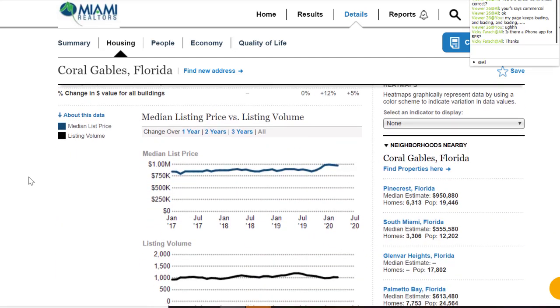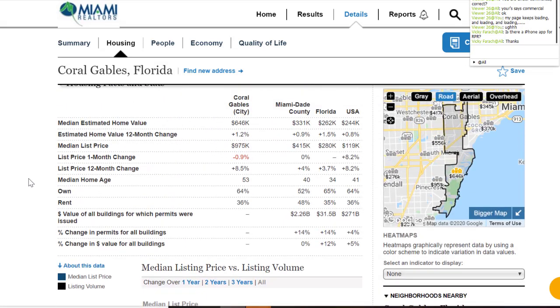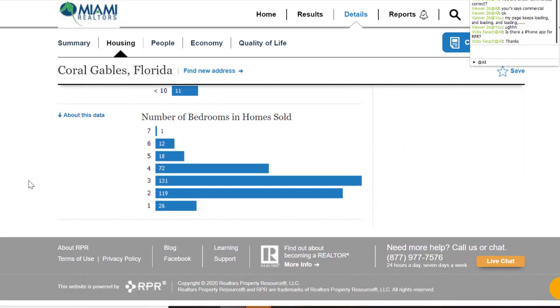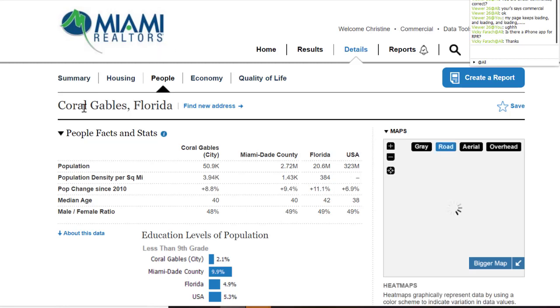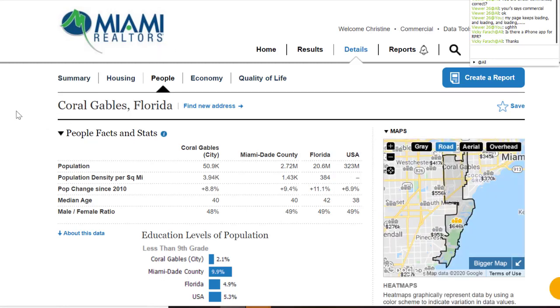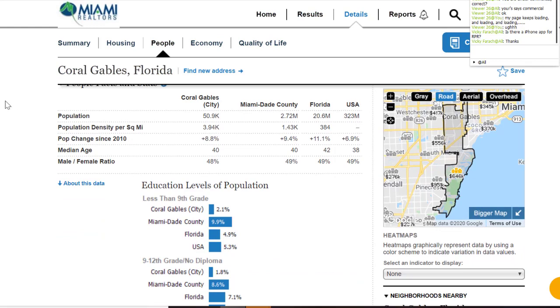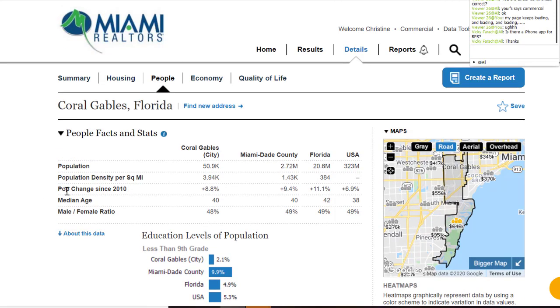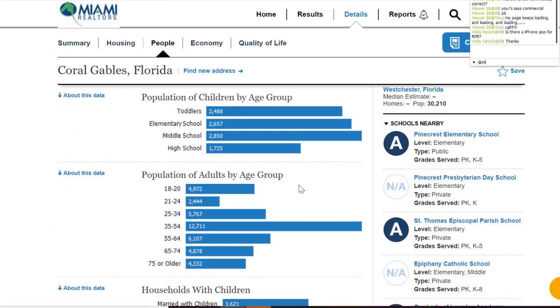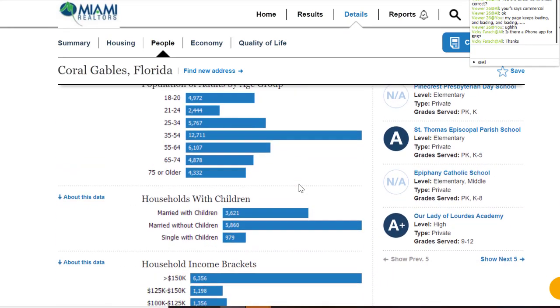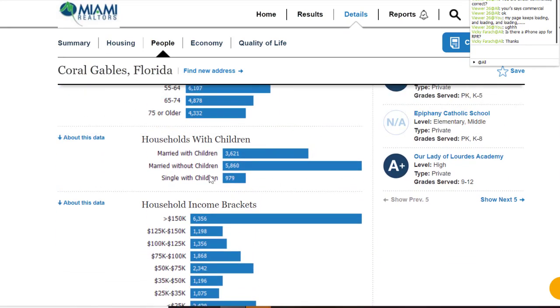Okay, so again, you have these graphs. So it's this information broken down in graphs. Let's go through them so you can see them. And normally, okay, let's look at the people by clicking right up here on people. Here's all your people information. The population, how dense the population is, the median age range. Are they women? Are they men? Their education. The population of children by age group, adults by age group, households with children,